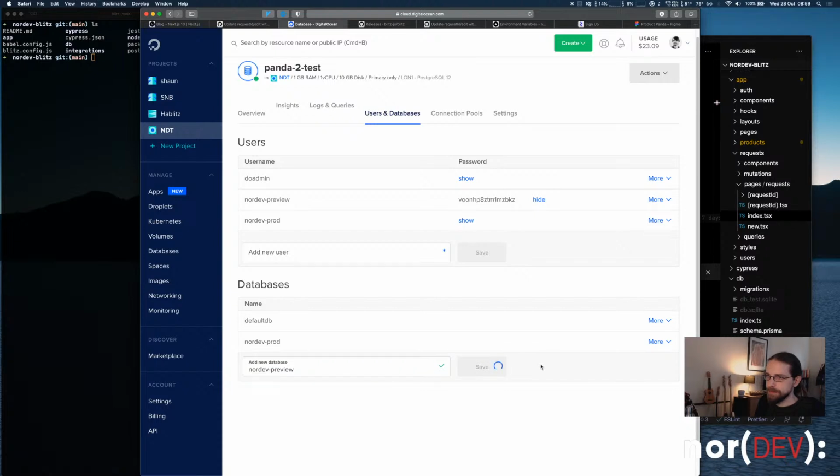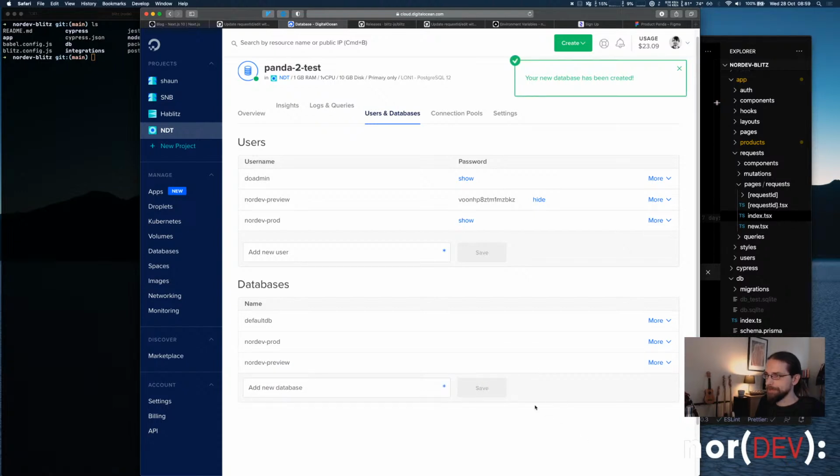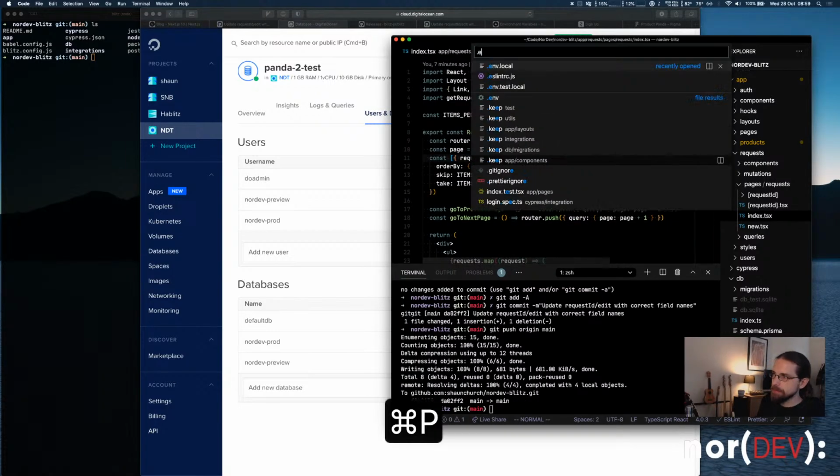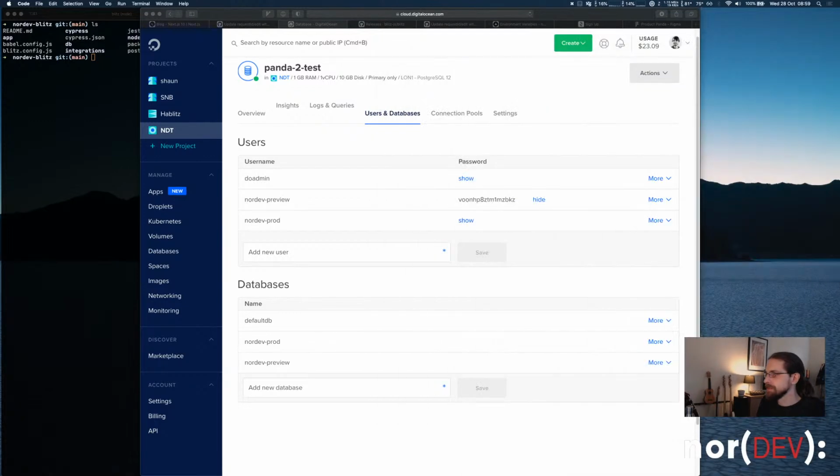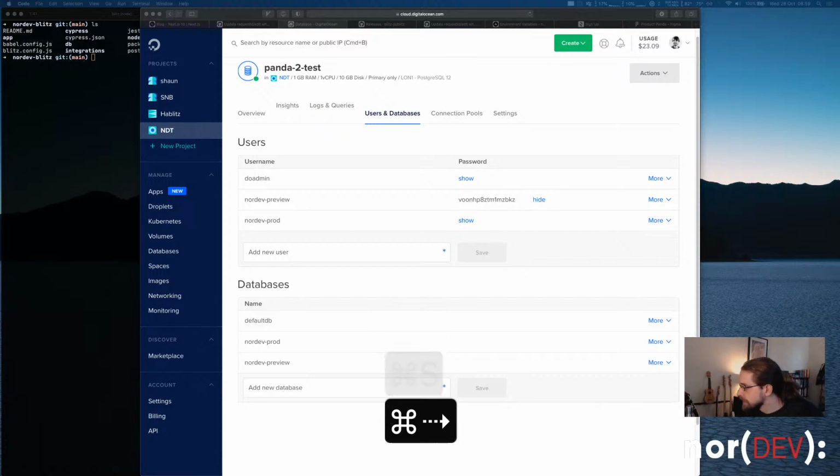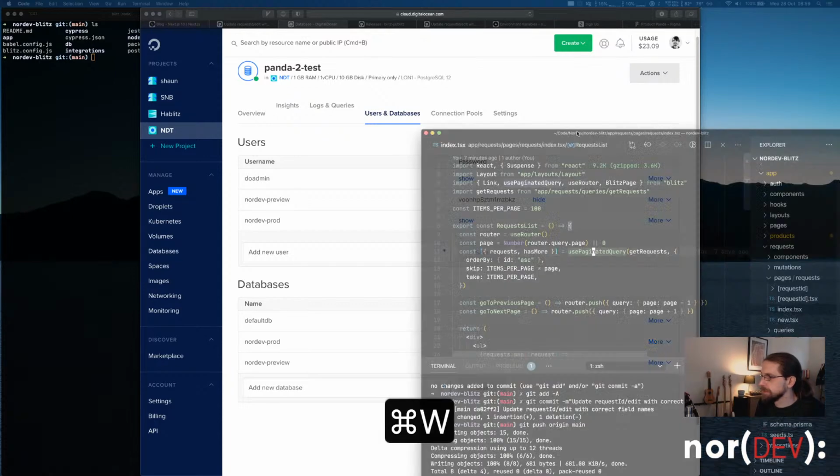Please be consistent. Okay, cool. Preview and prod. Perfect. Did I get the name right in there? Oh, don't show it, don't show it. No, I used staging. Preview. Okay, nor dev preview should be configured. So now,